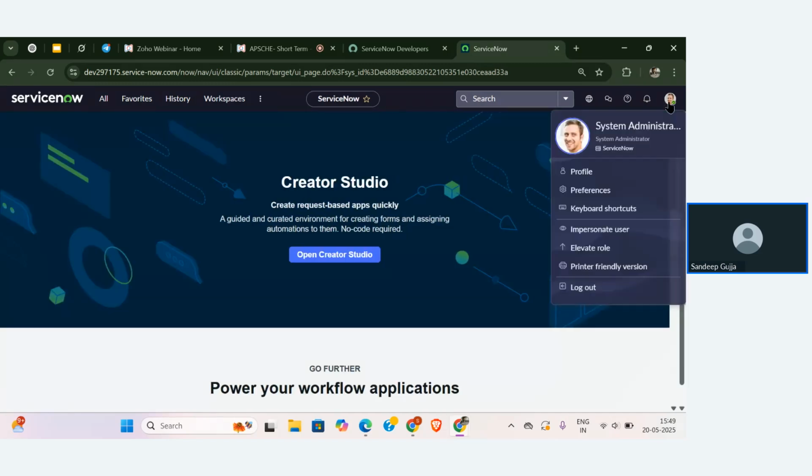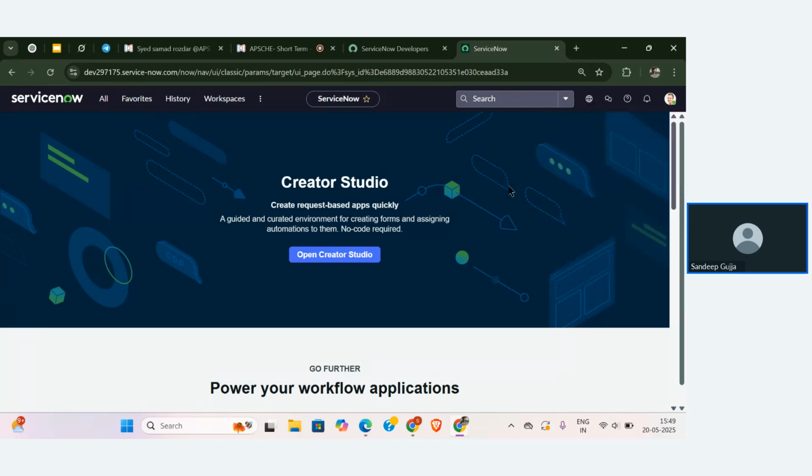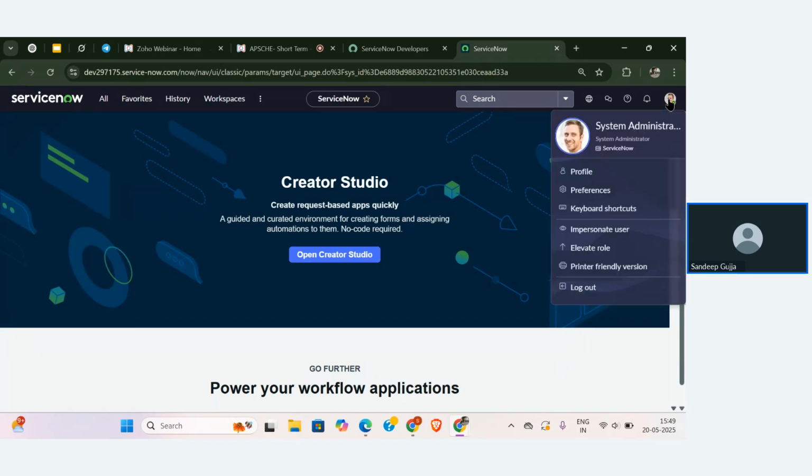Whereas coming to the other things, if you go for the preferences, what is this preferences? Consider that preferences are settings in your mobile. Suppose if you want to change the language that you are using for your keyboard, what will you do? You will go for the language and change the language, right? Same way we have preferences here.